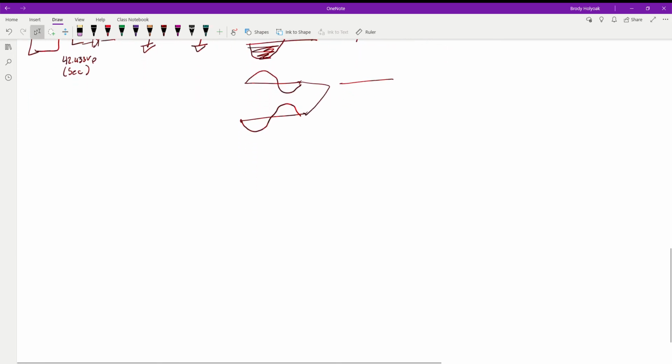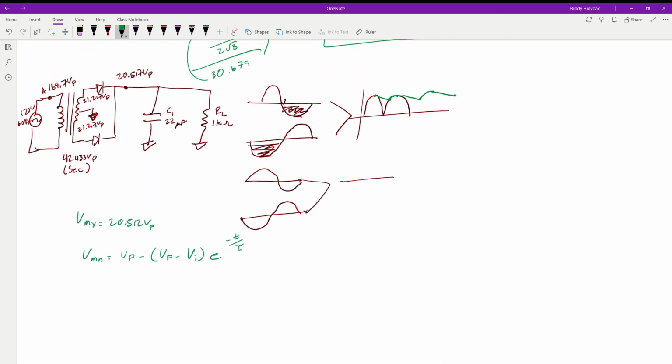So again, we're going to find this the exact same way. Our Vmax is equal to the 20.512 volts because that's where it's going to charge to. For our Vminimum, we want to know the instantaneous voltage of our capacitor while it's charging. So we're going to use that formula, Vf minus the quantity of Vf minus V initial, times e to the negative t over tau. Now one thing to remember too is our input signal was from here to here,